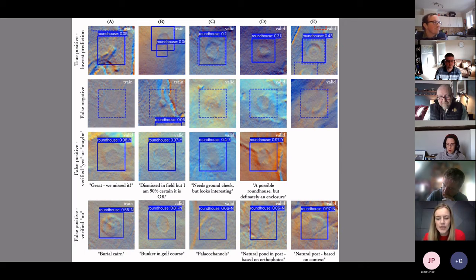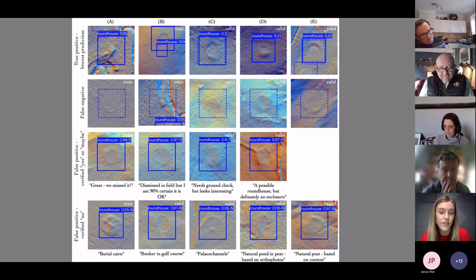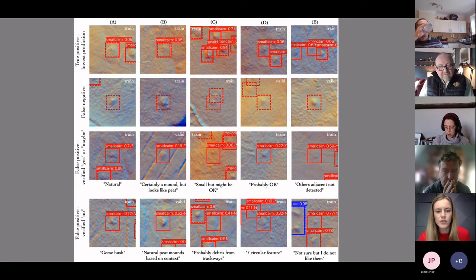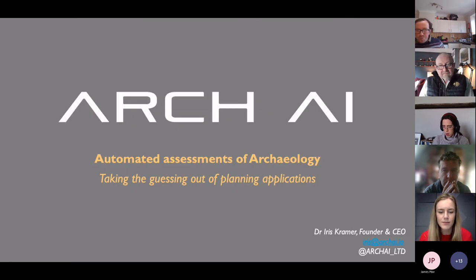Some of these other examples are more geographical or geological issues that we find. Paleo channels create a very curved pattern that is interesting, but not for this research. And then some peat ponds and things. We've got similar results back from the shieling huts and the small cairns, but I will not focus on them now, as that research can be found elsewhere.